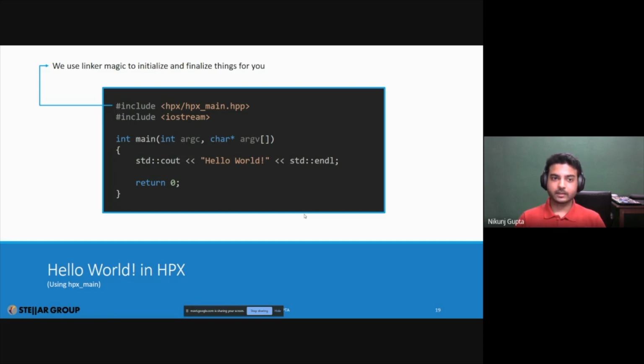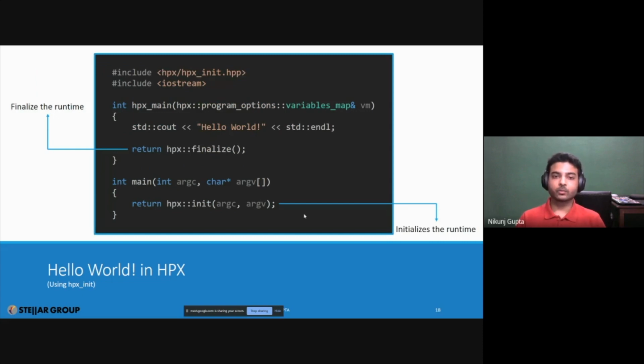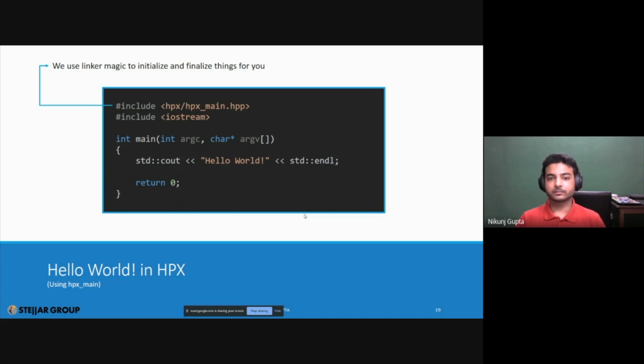If you don't have to do a lot of tasking, or you do not want to work with a lot of more complex things, this is a good option. HPX init allows you to do much more than this. It allows you to add terminal command line options. It allows you to tell the runtime how to schedule threads, or whether your system is a NUMA system or not, and a lot of other features that we provide. But if you're working on a personal computer and you want parallelism and concurrency in your code, all you need to do is include that HPX main file, and we will do all sorts of magic for you. So you can simply go ahead and use those features within.